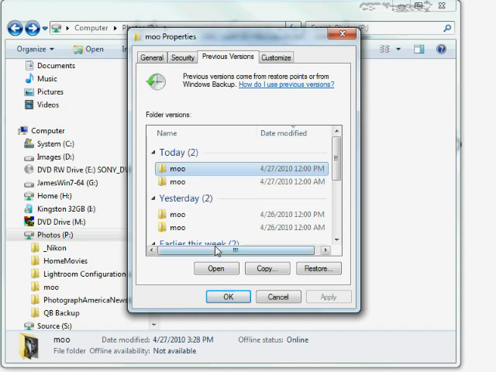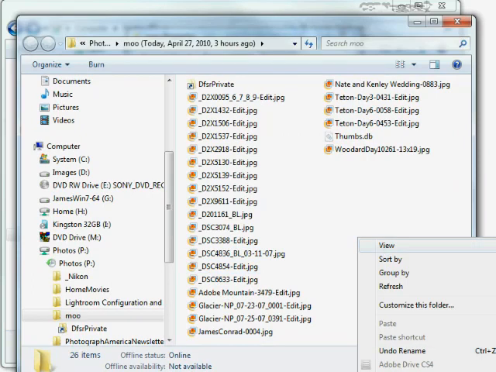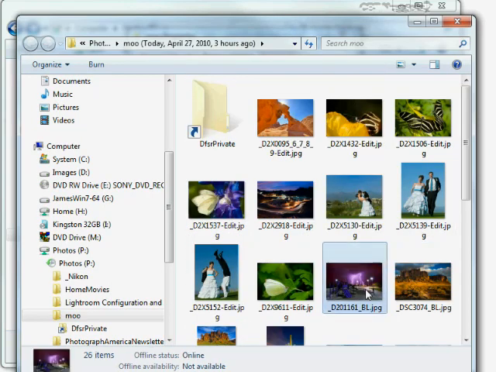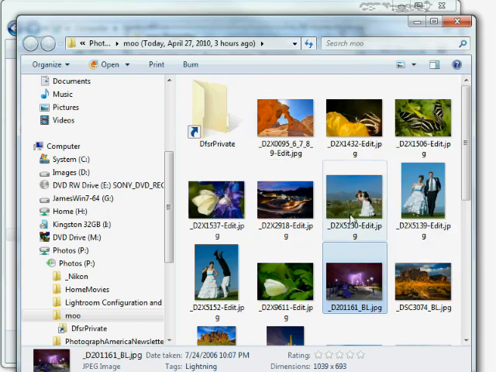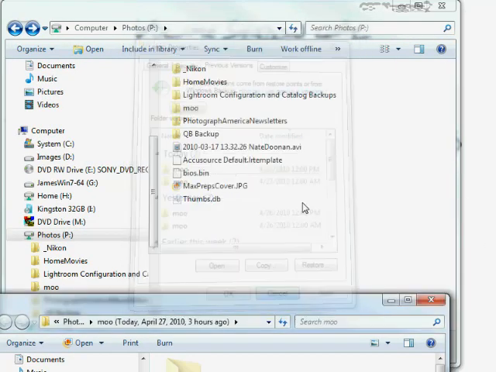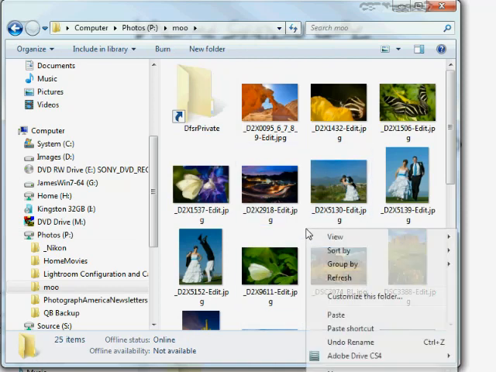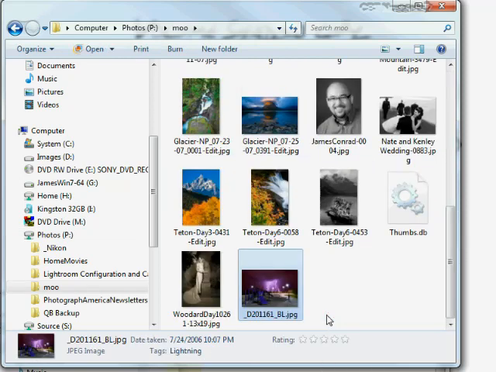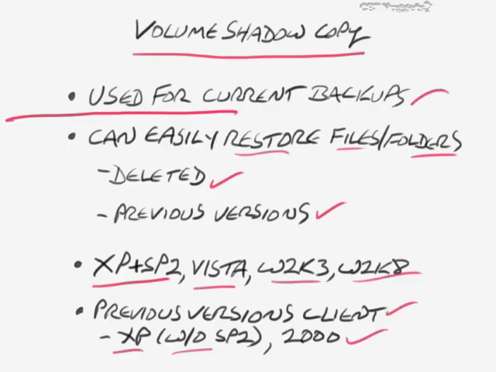So what I would do here is I would simply click Open. And then it would show me the same files here. And I can, again, go back to large icons. Now, there's the lightning picture. So I can right-click on that, choose Copy. And I can just treat this the same way as I would any other file in any other file system. Okay? And then I would go back to the original folder where it was missing from. And I would just right-click here and choose Paste. And there's my lightning picture again. Okay? So very easy way to restore those files.